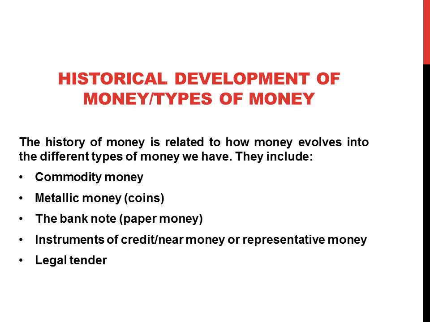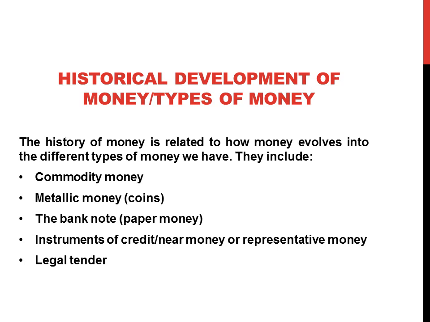The history of money is related to how money evolves into the different types of money we have. They are: 1. Commodity money. The earliest forms of money were regarded as commodity money. They were commodities which had intrinsic value and were commonly used by people, thereby making them generally acceptable as a